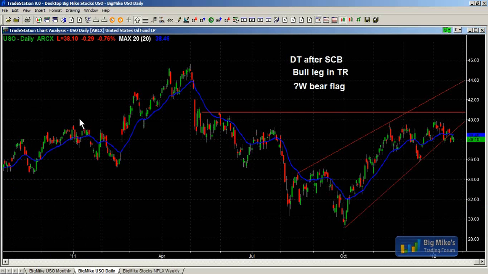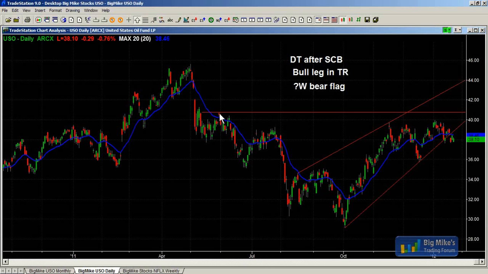Daily chart, it's also a trading range. You can see it went up a lot, it went down a lot. We had a spike down here in May, and then 3 or 4 pushes down. So basically a spike and a channel, and we're rallying up near the beginning of the channel, which is what usually happens with bear spike and channels. You get a bear spike and then a channel down. The market usually tests back near the beginning of the channel.